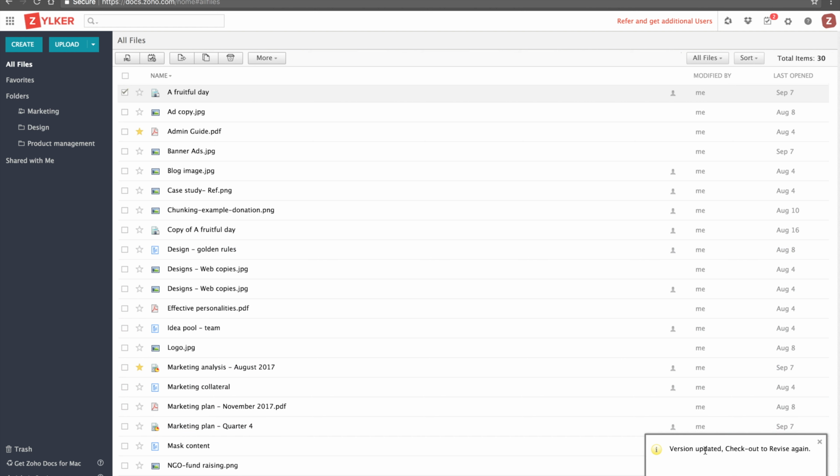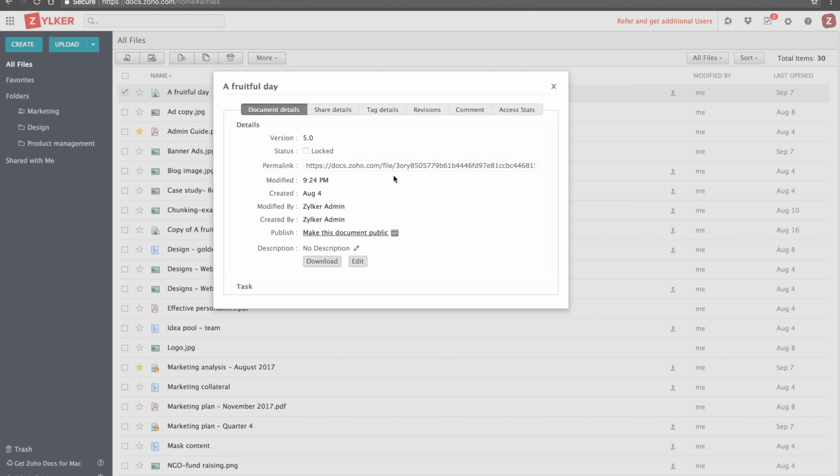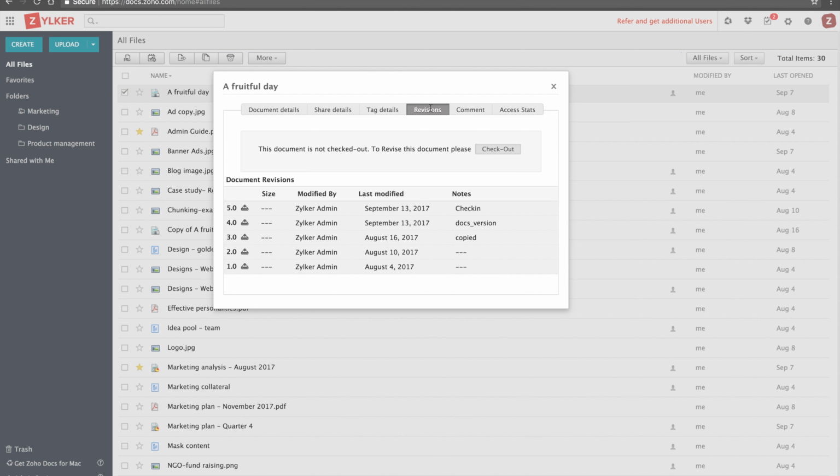Now, every time you check in and check out of the document, a new version of the document is created. To see all the versions of the document, you can click on the file and click on the properties option that is over here. Now, you can see all the document details, share details, that is who all this document has been shared with, tag details, that is if you have any tag assigned to this particular document, and the revisions option.